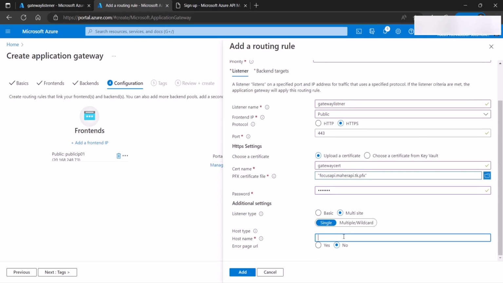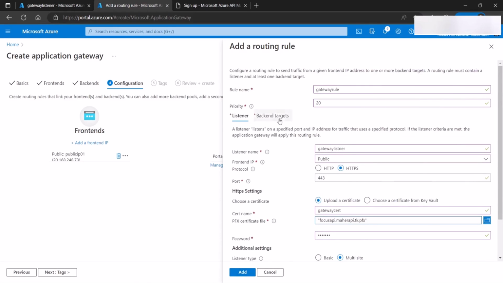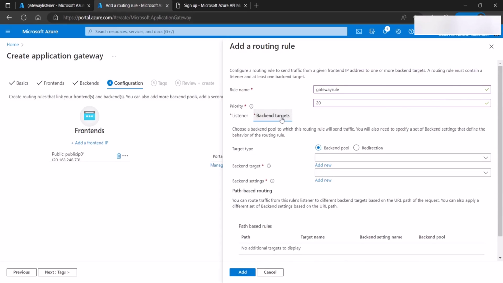Now for the host name, I'm going to add the host name that points to my API gateway. And I'm going to click add. But before I click add, actually, we need to configure the backend targets. So the backend pool, we already have created one. So we're going to start with the sync pool. Again, the sync pool is going to block anything. So by default, anything that comes from outside is going to get blocked unless it has the /external